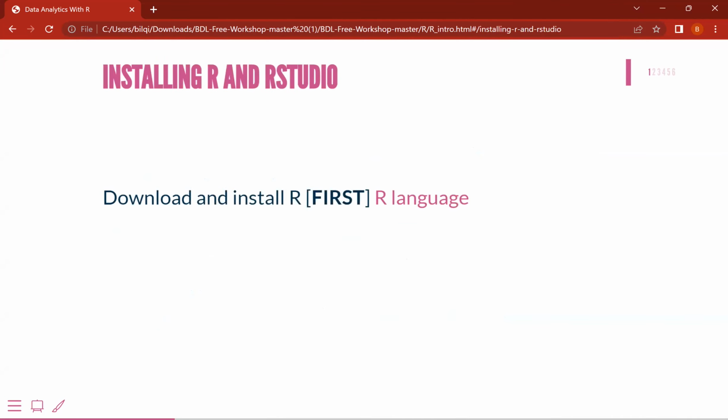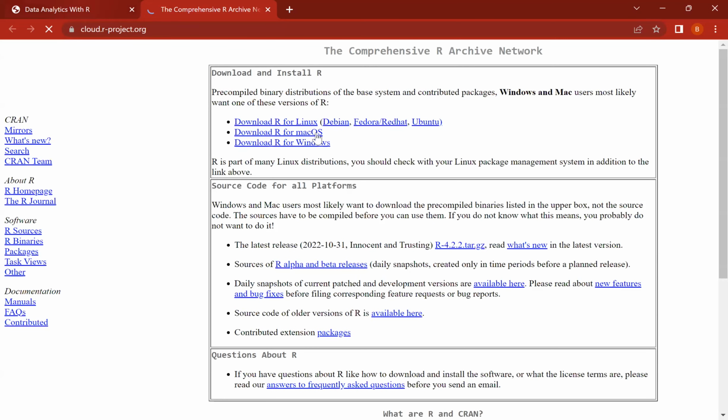So to work with R, you'll have to, first of all, download the base R language and install it on your machine. So I'm going to open this now. This is the link for you to download R. This is what you first of all install. When you download it, either you're working on Mac or Windows or you're using Linux, you have the options here. You click on any one that you want and you'll be able to go to a link that helps you to download the